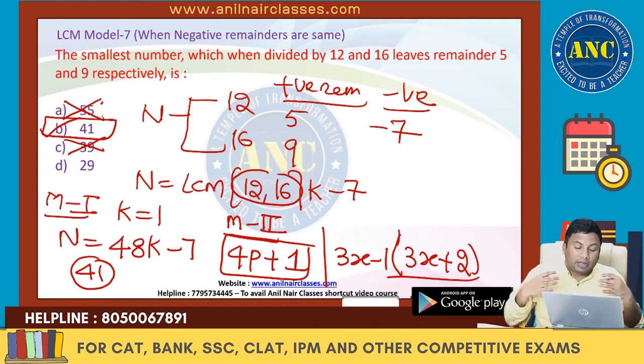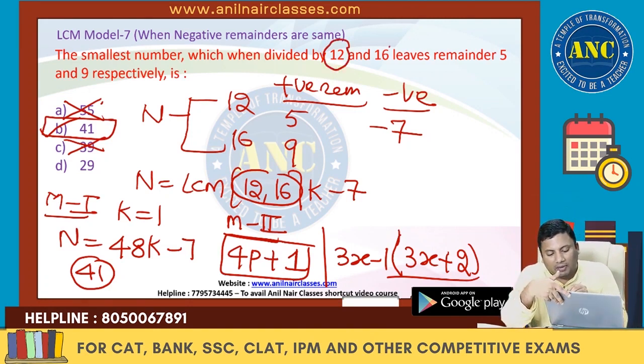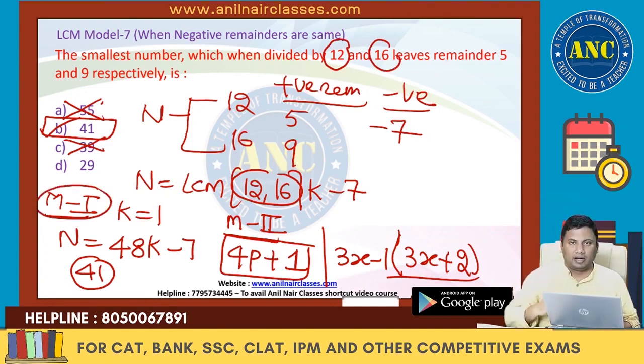Sometimes, because you are seeing smaller numbers, you are thinking that method 1 is the best method, right? But as the number of digits increases, finding the LCM of bigger numbers becomes extremely difficult, which you will only realize as we do some problems. What you are thinking is only 50% right. Next one.